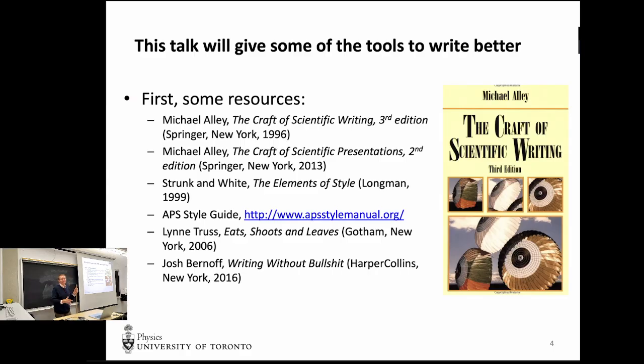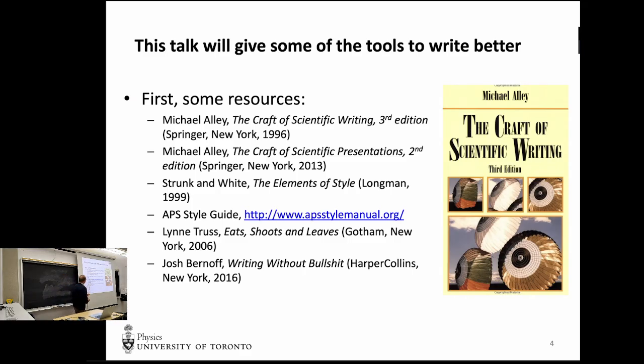They give details on what is appropriate punctuation, what are the appropriate choices of spellings of words, how do you actually write references, and each journal or publisher has a different style guide. Newspapers have style guides. So Strunk and White is one that's used pretty commonly in the academy.